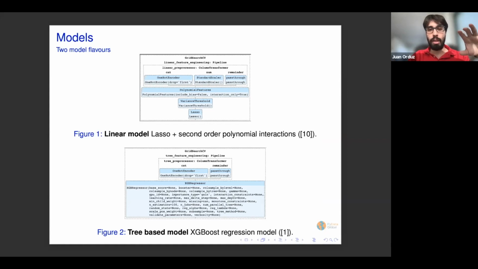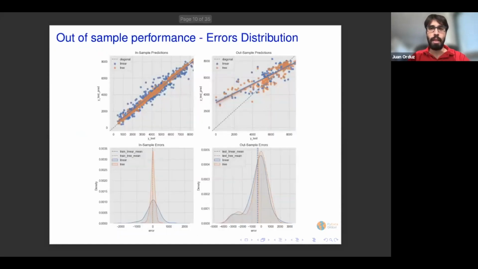The second model, on the other hand, is just a gradient boost model, in this case, just XGBoost. Here you can see the scikit-learn pipelines. We haven't done anything fancy, maybe 2 comments. For the categorical variables, we use a one-hot encoder for both models, and for the linear models, we scale the numerical variables. And what we want to see is how these models perform and try to understand how they generate predictions. So let us look into the out-of-sample performance.